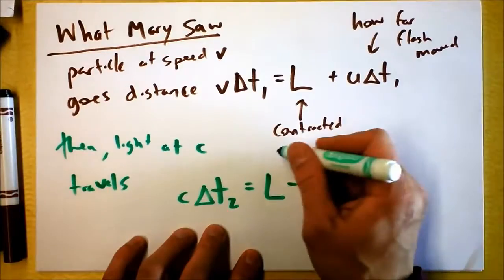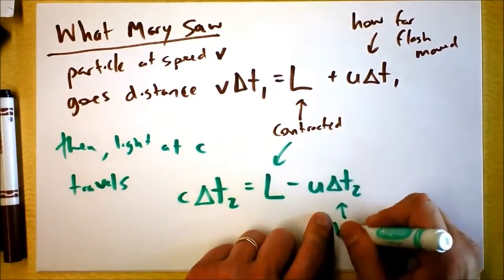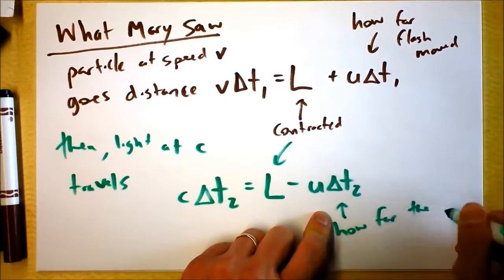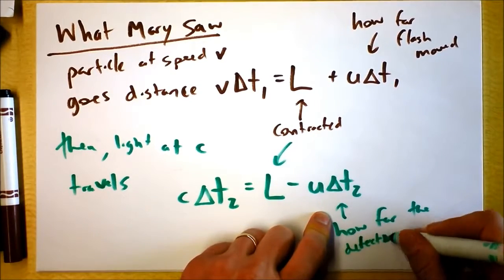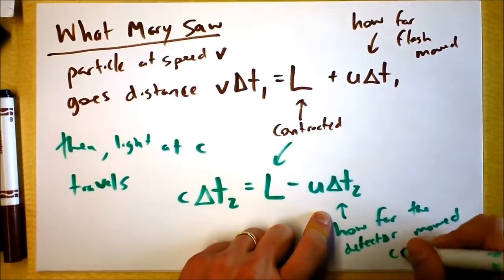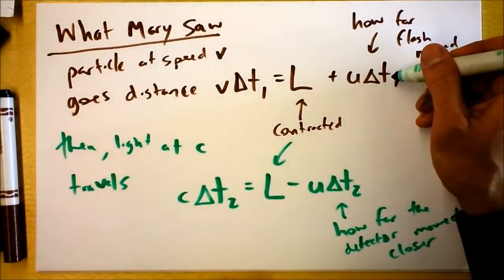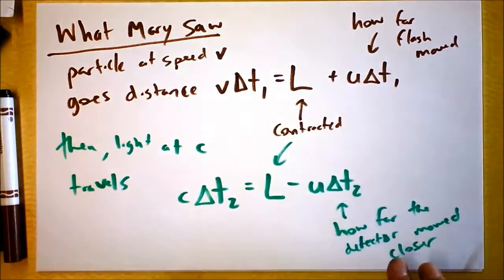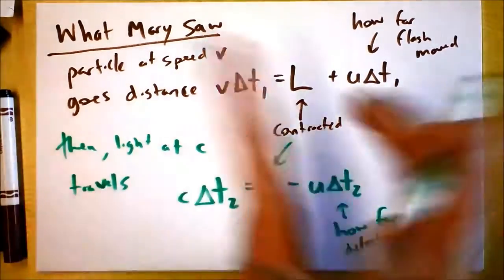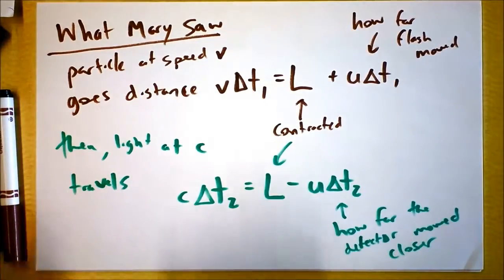Is that fair? So here we are with the contracted length again, and this term right here is how far the detector moved closer. Okay, that's tricky. The whole clock moved to the right, and then the detector ended up moving to the right after the flash, and so that distance got shorter. Oh yeah, the light was going left and the clock was going to the right, so that shortened the distance. So I'm just going to solve these two equations for delta T1 and delta T2,